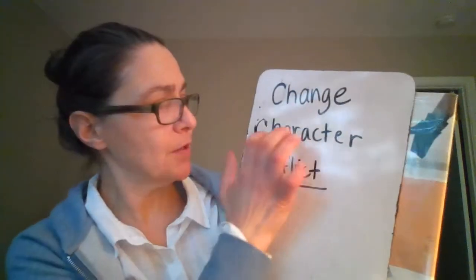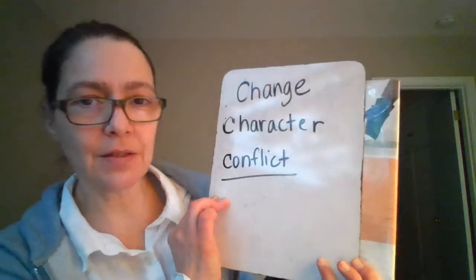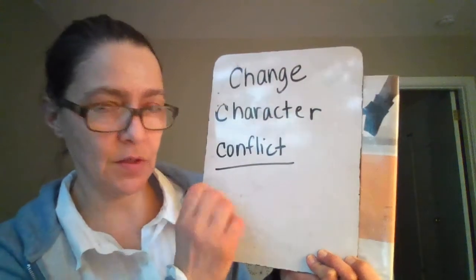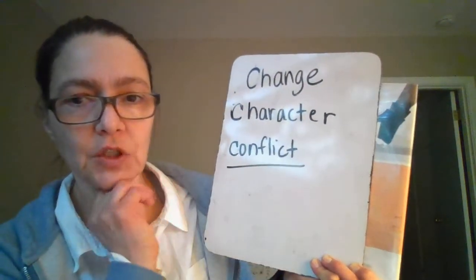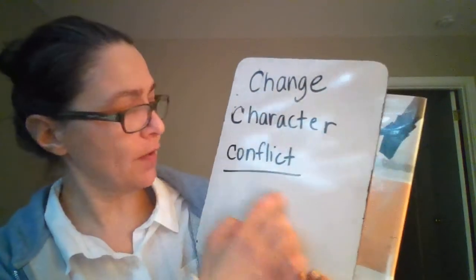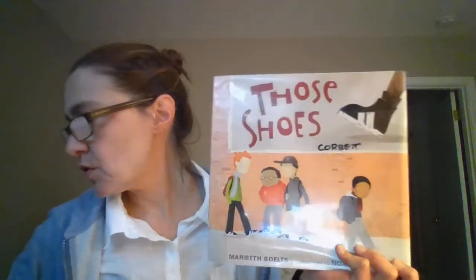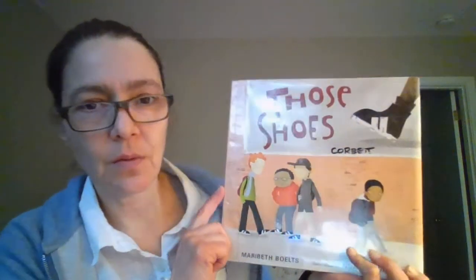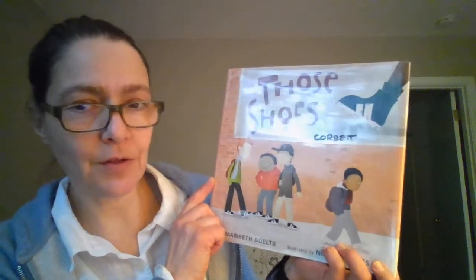Okay, and characters are one of the story elements out of the four. The four story elements are setting, character, conflict, and solution. Okay, and the conflict is the struggle that the character goes through. So let's go ahead and read Those Shoes and look for the character, the main character, and the struggle that he goes through. And I predict that this is going to be